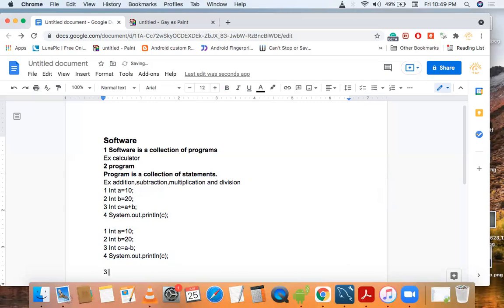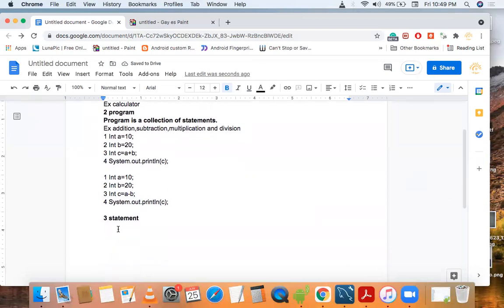Now, third one is what is a statement? The statement is a collection of instructions, or it is a combination of instructions.